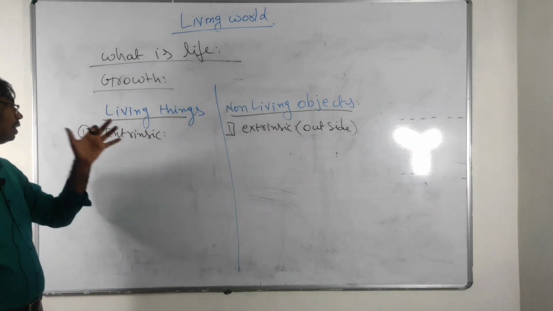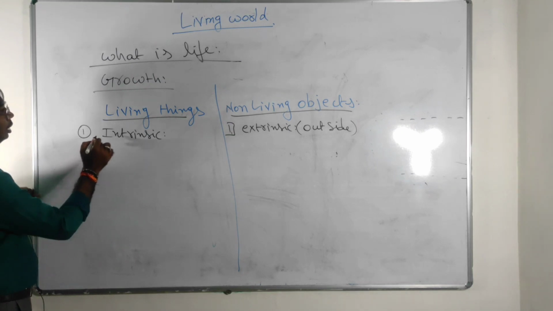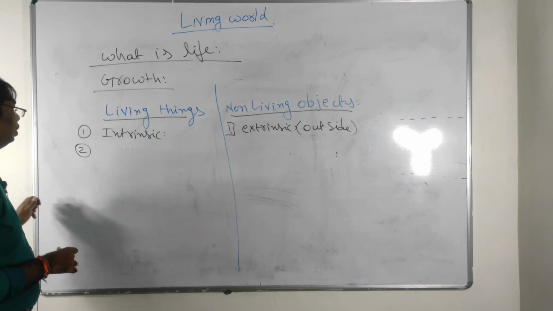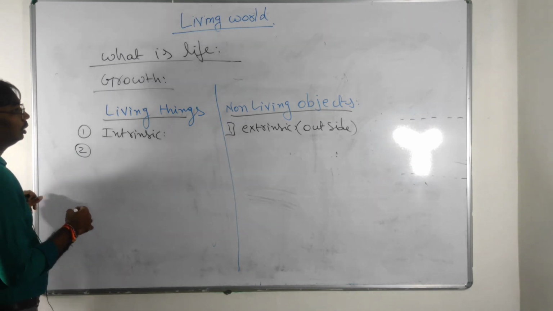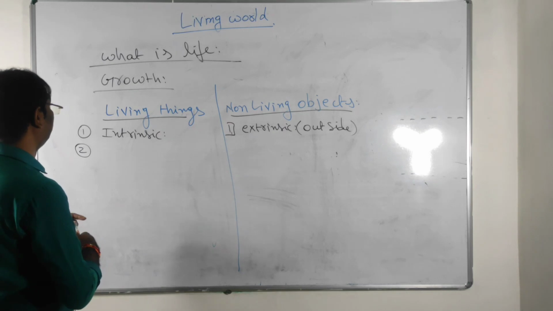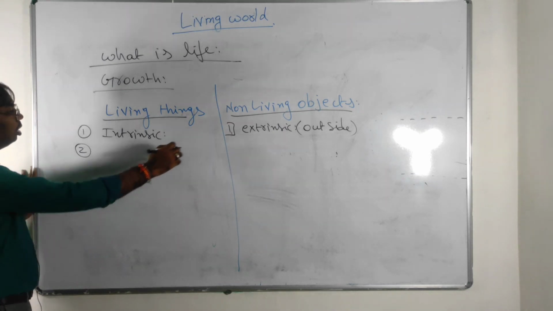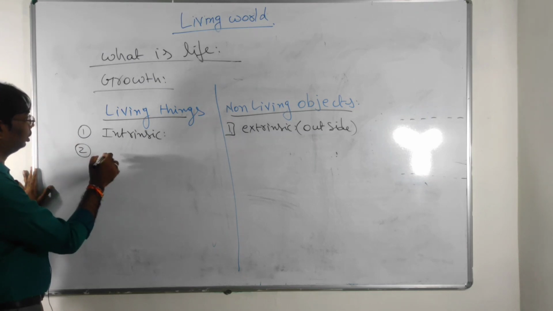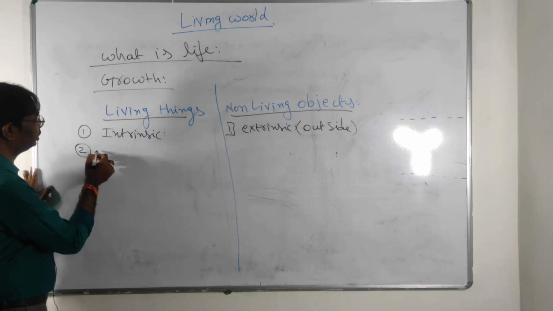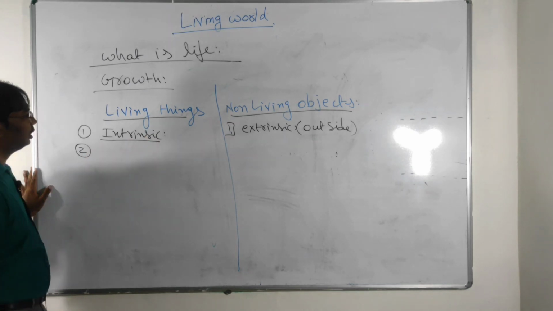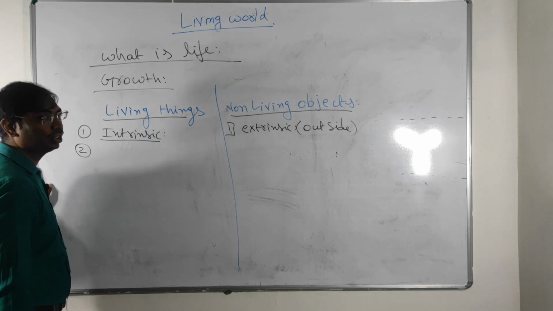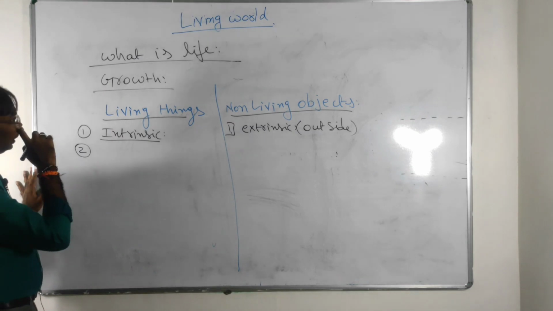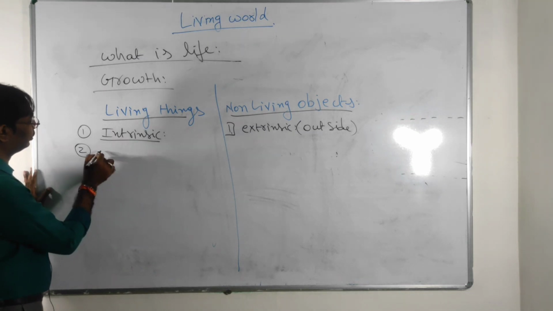So that is the key difference between the growth of living things, or living organisms, and non-living things, or non-living objects. Intrinsic growth is present in living organisms and extrinsic growth is present in non-living objects. And growth is irreversible